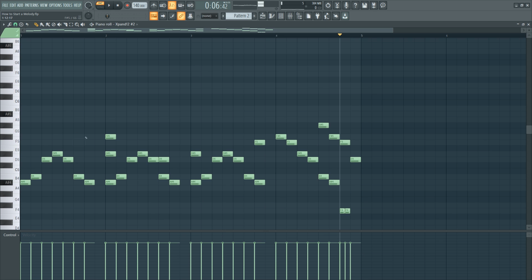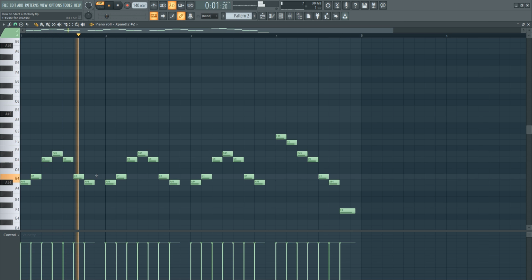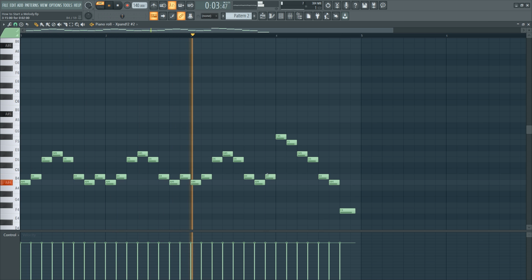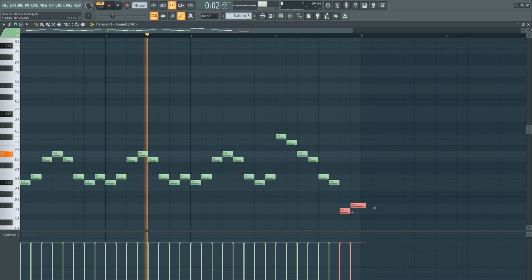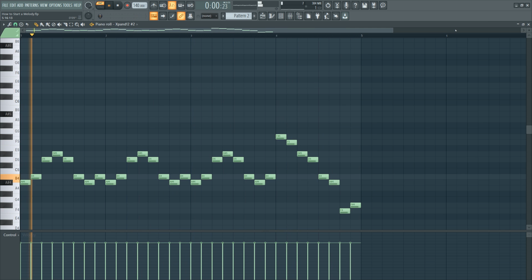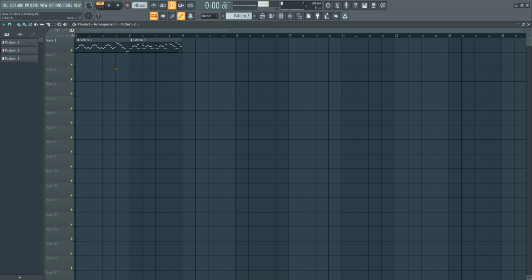Now, let me take out the harmonies, just to show you how these little things create a massive change in melody. Now here, I'm even gonna take out that little stutter, and we need to make this continuous, so let me hear the melody from the beginning. Now this would be an amateur melody to me. It all depends, I'm not telling you this is wrong. Sometimes you do want that continuous sound.